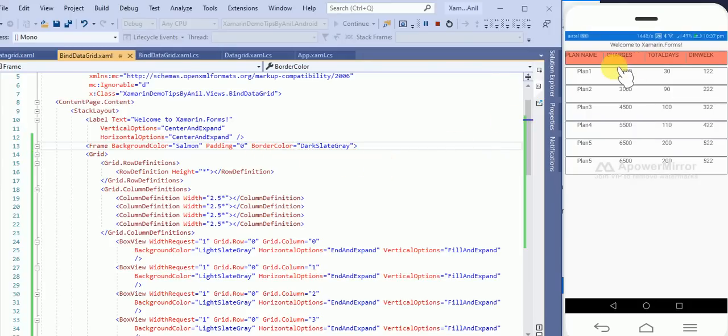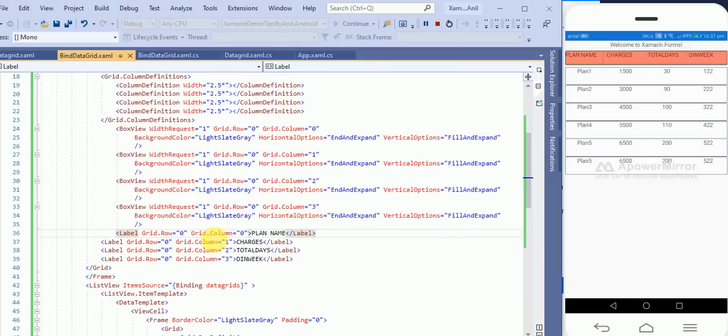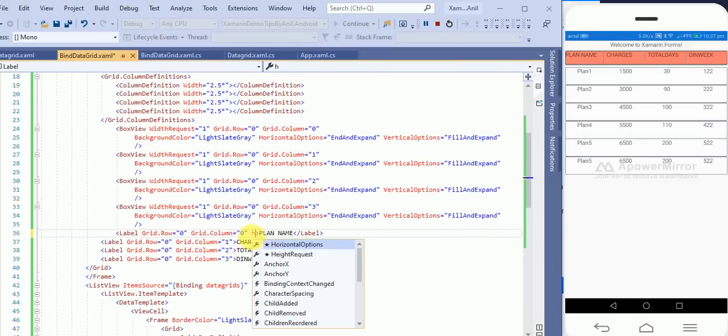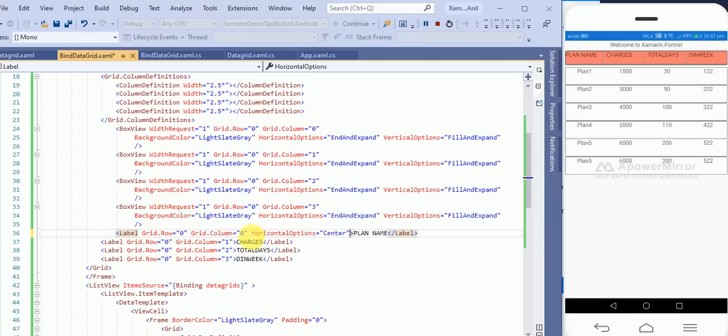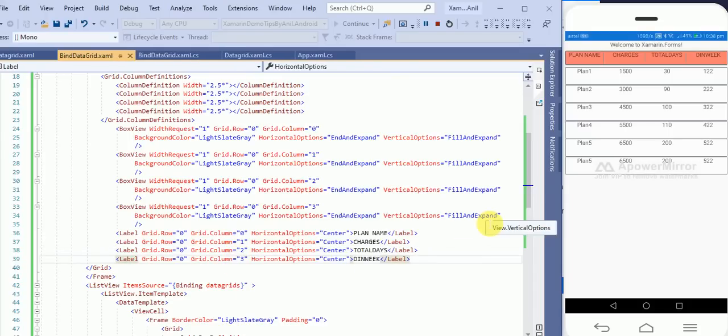Okay, now here you can see, so for that also we have to define all these in horizontal as center. Okay, for all we will define HorizontalOptions as Center. Okay, so now these all are horizontally in center.